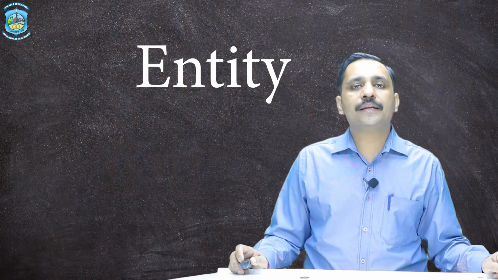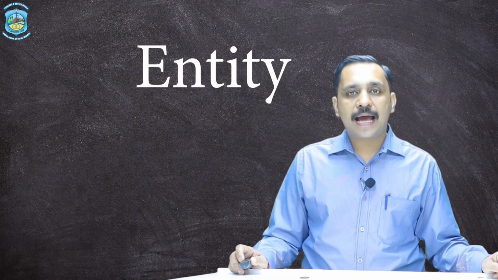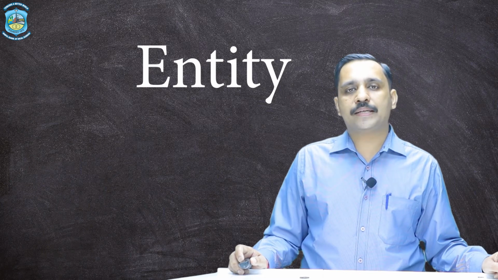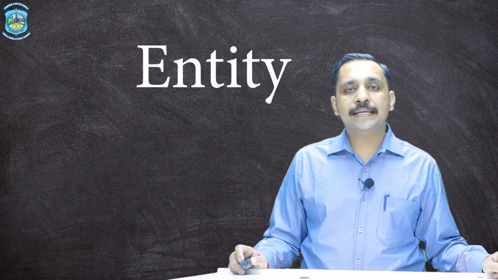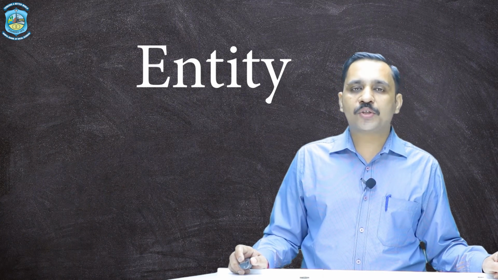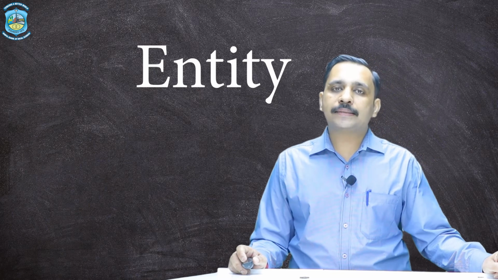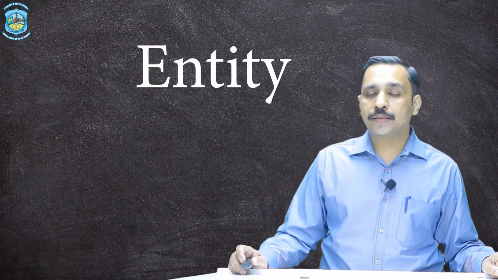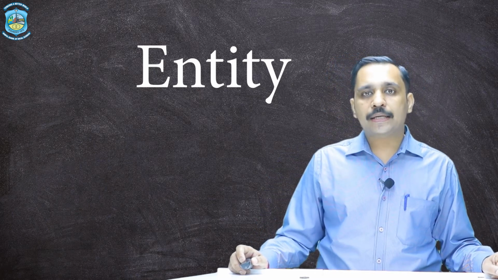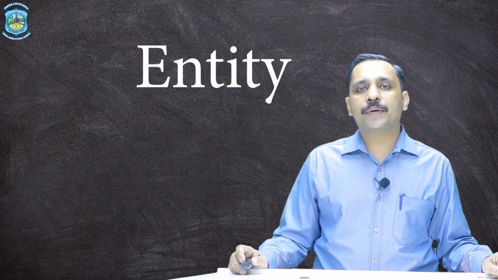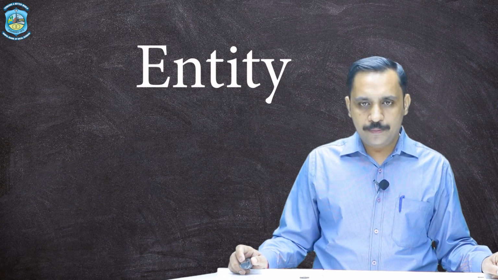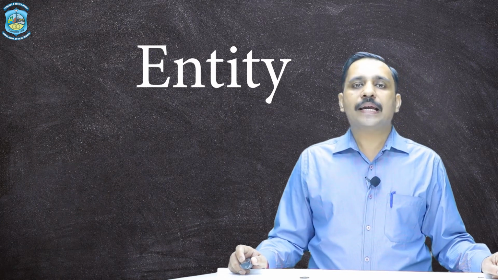These are three important factors: entity, attributes and relationships. An entity is a real world object. That means it has an existence in the real world. For example, I need to store the data of a student. So student is a real world entity for me. But I don't consider student as a whole. I understand students on the basis of certain factors or certain properties like student enrollment number, student name, class, father's name, percentage and very many details, right? So this student is an entity.